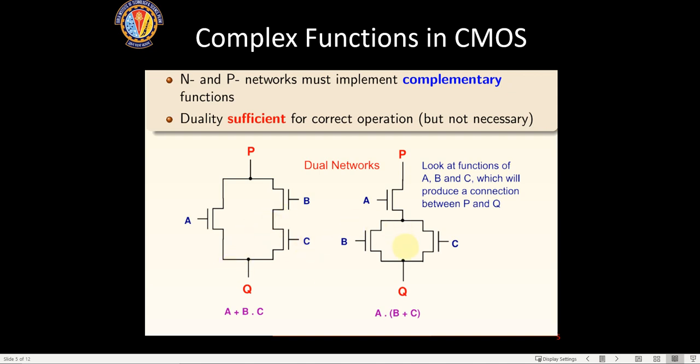Is this aspect clear? How this circuit has come from this expression, only that much. If that is understood, then we'll move forward. Don't think too much now in this slide. This is known as the dual of this. Now let me go to the next slide so that all your doubts are cleared.